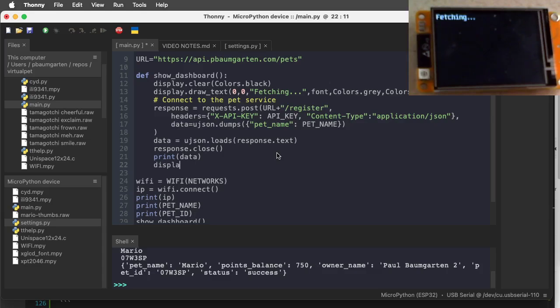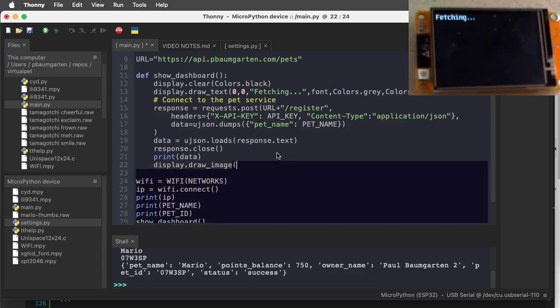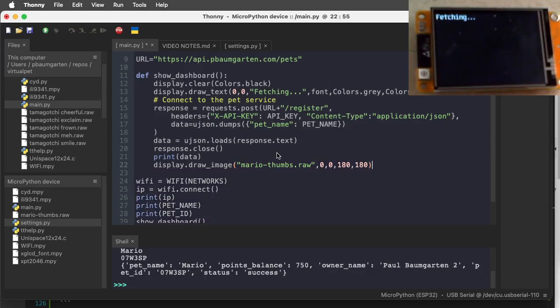And so display dot draw image. I'm going to put my happy Mario there. So Mario thumbs up, and I can put that on the top left corner, and that was 180 by 180 if you recall. Right, once I've got that, let's